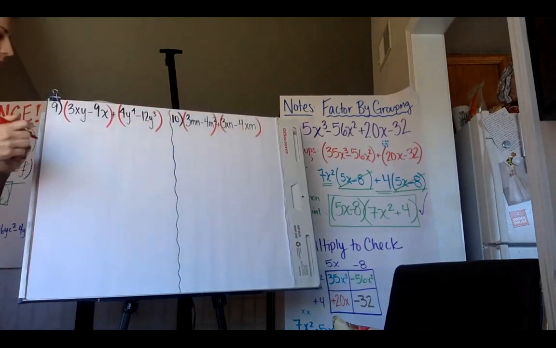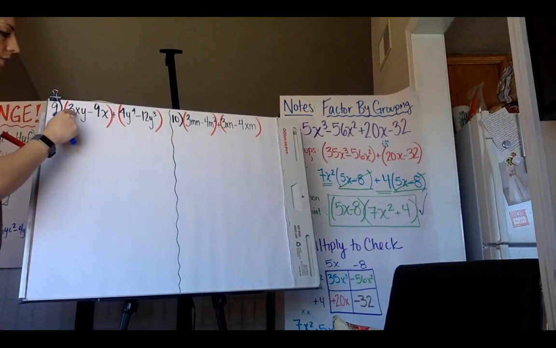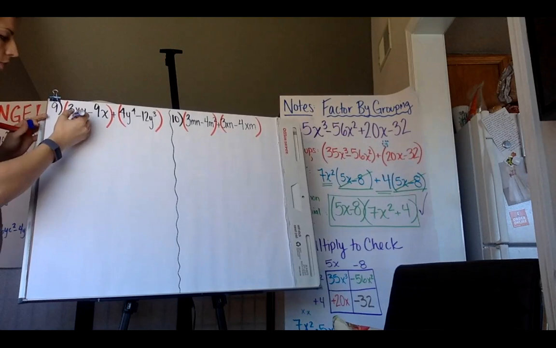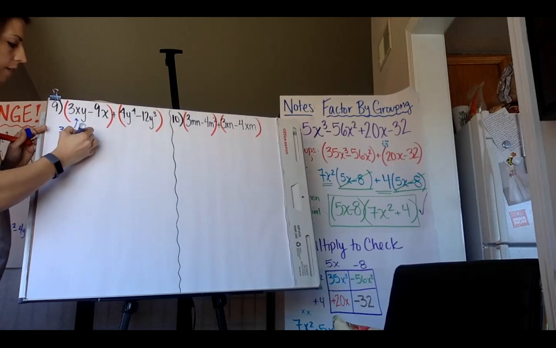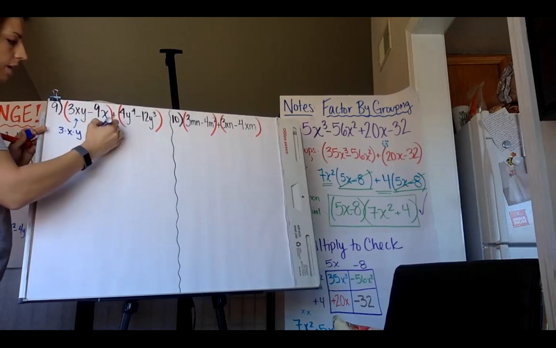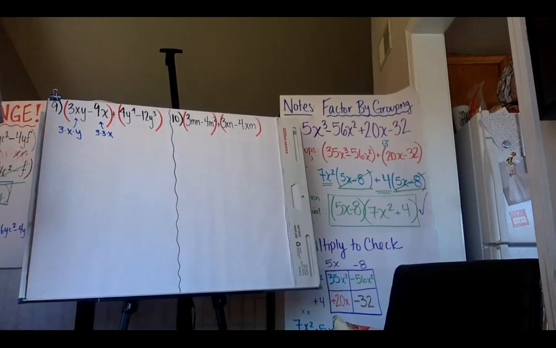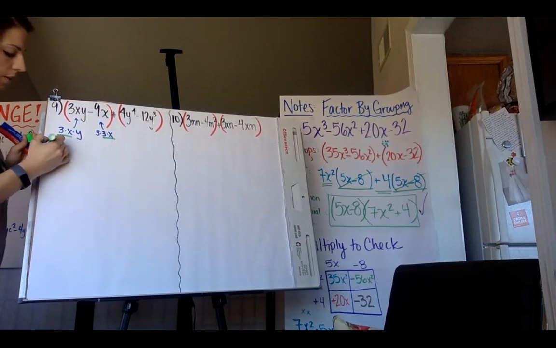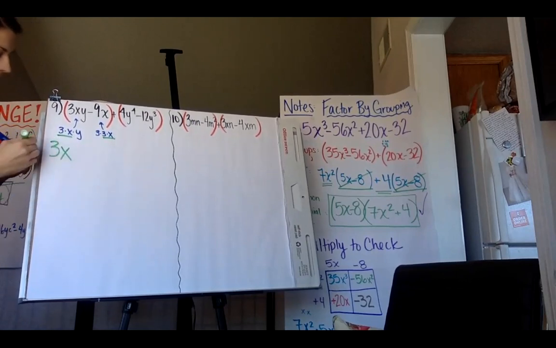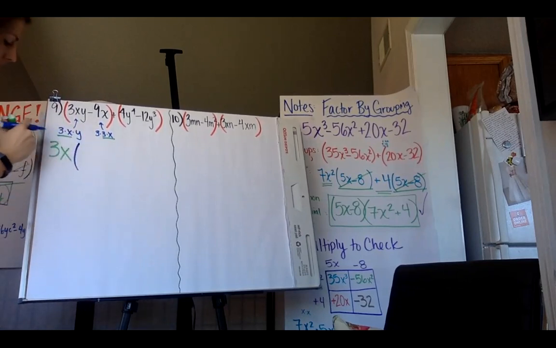Step 1 done. Step 2, factor out GCF. So 3xy and 9x. Well, 3 goes into both. So I know I'm going to at least factor out 3. So that would be 3 times x times y for the first term, and 3 times x in the second term. So what do they have in common? I see a 3x in both. So that tells me I'm going to factor out 3x in the first binomial. When I factor out 3x, that leaves me with y